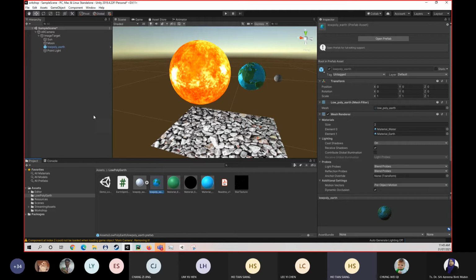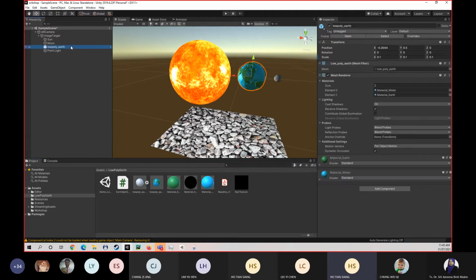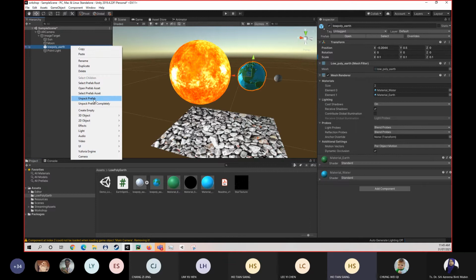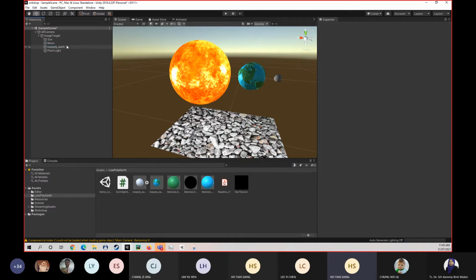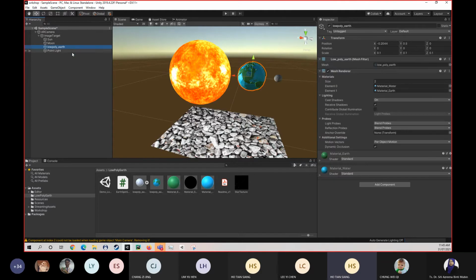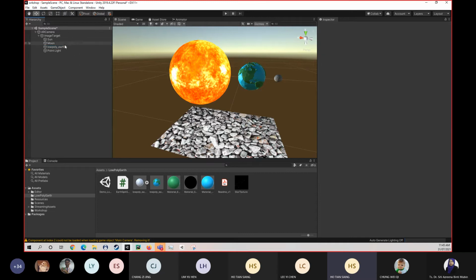However, if you want to change just for this case, you can right click and there's an unpack prefab option here, and then just unpack it and it becomes white color. When it becomes white color, it doesn't relate to here anymore. So whatever you change here, it won't affect here as well. So now for the animation, we click on the Earth,